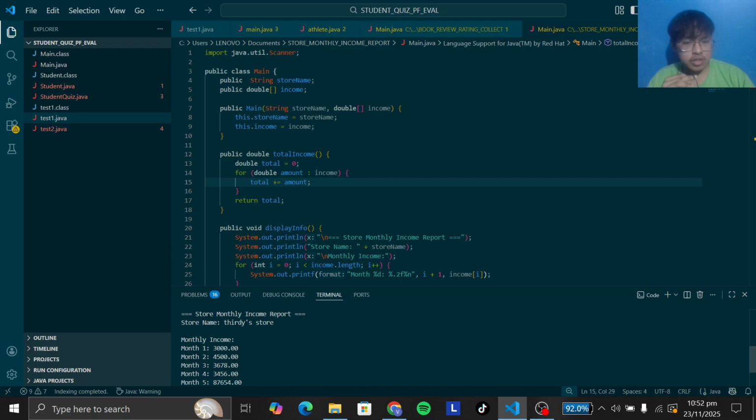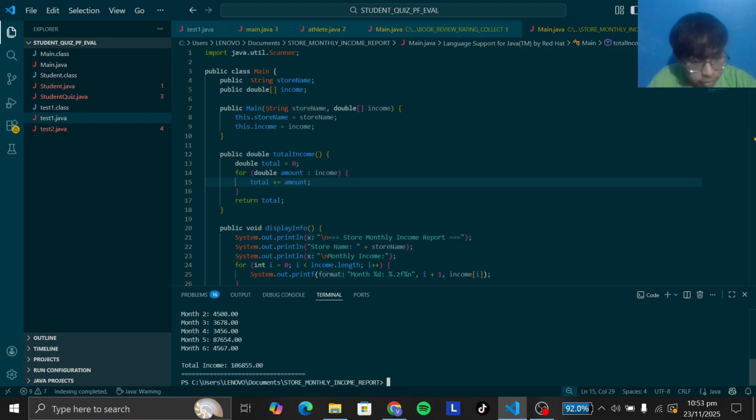And then it shows the income for 6 months, and then gives you the total income of 106,855 pesos, which is pretty decent for 6 months, but also pretty little. So that is just an example, and hopefully this program finds you well.